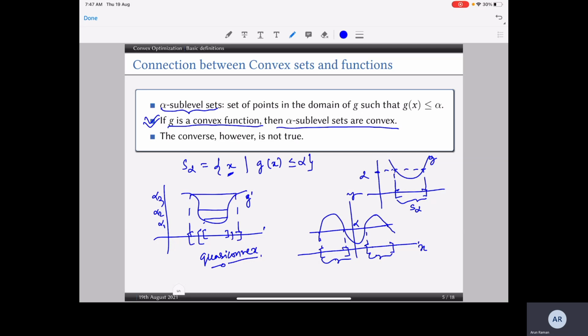We will not explicitly be using alpha sublevel sets for the analysis that we are going to discuss today, but it is just good to know. There is another related concept which we call an epigraph. If you are interested, you can look it up on the internet. It is a well established concept and there are several resources. Epigraph is generally used to prove stuff if we encounter any, but it's okay if we do not discuss it right now.